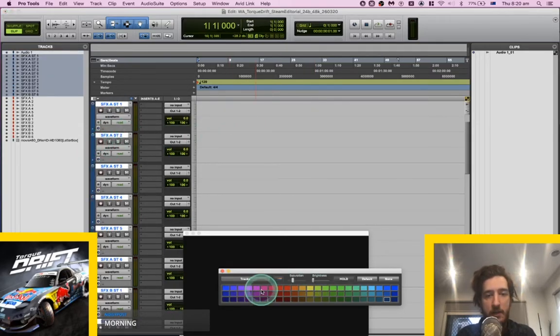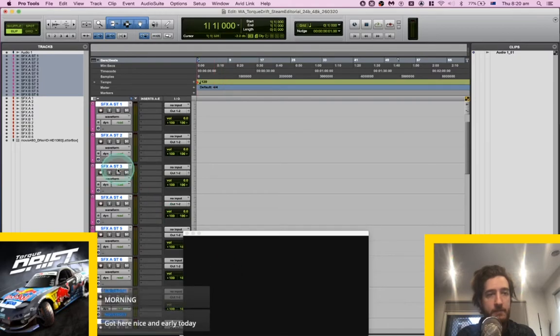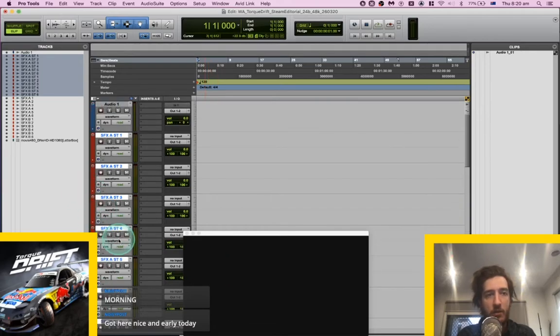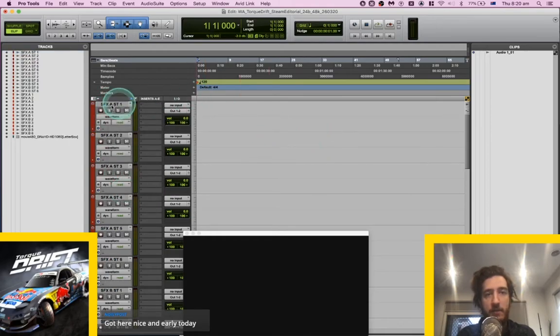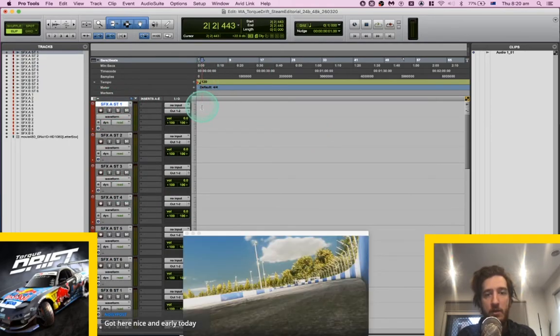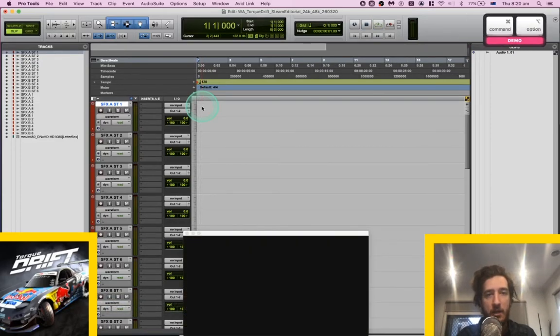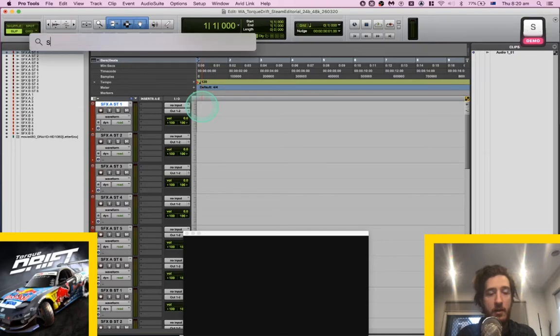Here we go. And let's do these in pink. Actually, I should probably just do those a darker red. That way you know that they're all sound effects channels. I'm pretty much just, as I said, doing sound effects today, so I'm not going to be doing anything crazy. So yeah, we can start with a good little whoosh hit thing.